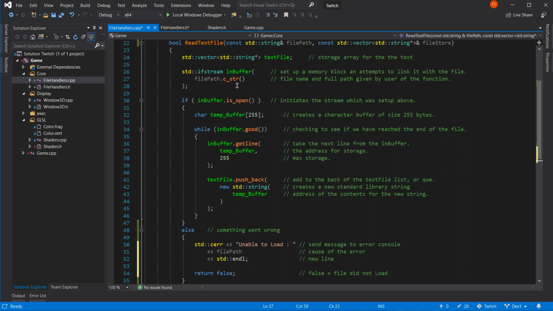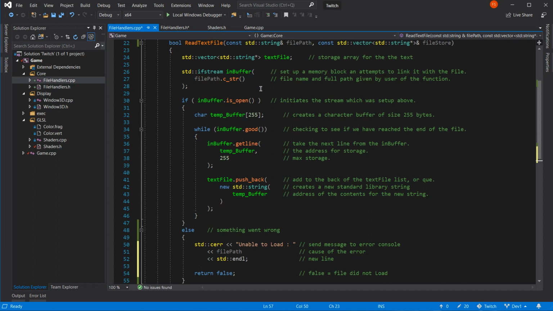And as you saw me get around this one by putting the file store as an address, what happens is read text file will take in the file path, which is just a string, and it will also take in the address of where you want to store the file. So I could put where to store file there.